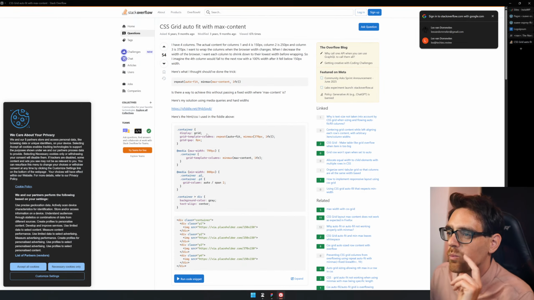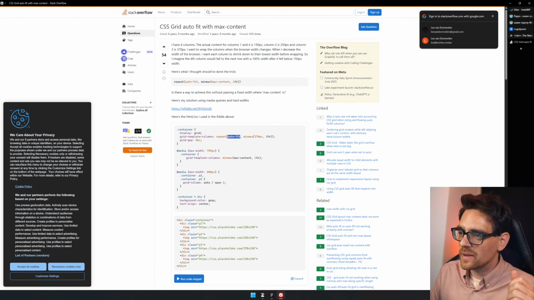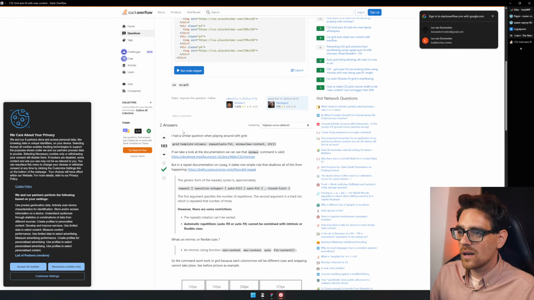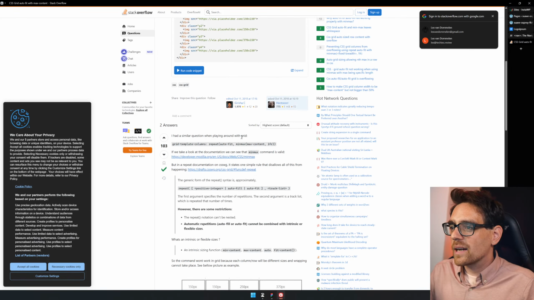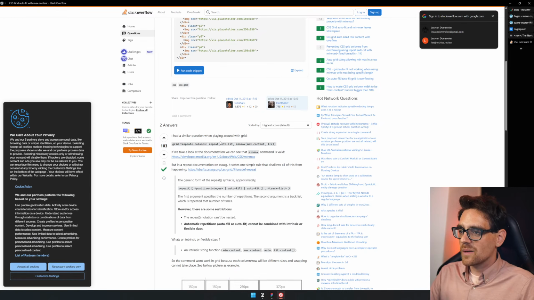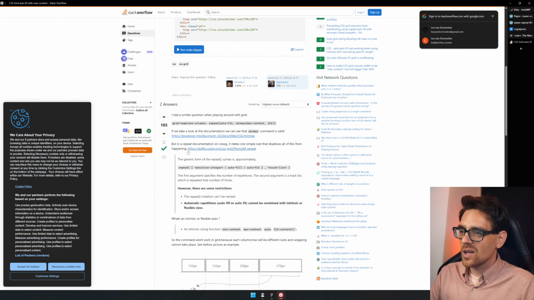So we just said auto-fill, and you also have a version auto-fit. One of those two, they are working a different way. I can't remember what the differences are, but we are searching for max content. So we have a maximum size and a minimum size. Okay, we're playing around with the grid template, max-content one fraction. If we look at documentation, we can see that the minmax command is valid. But a repeat documentation on